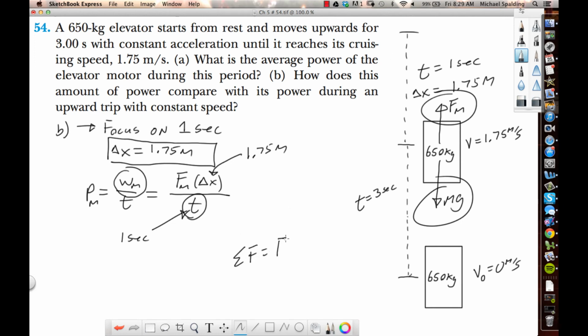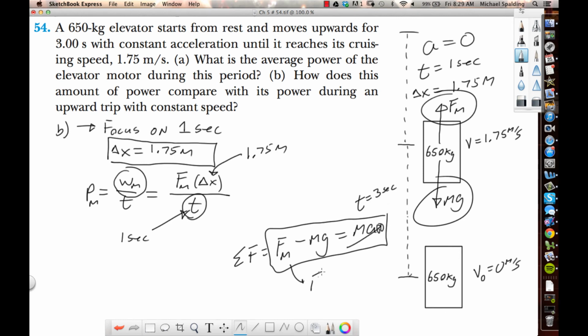If we have constant velocity, you could show the whole thing. Sum of the forces: force of motor minus mg. Sum of the forces always equals ma. But what's our a for this second part? 0. So what's the force of the motor equal to? It's equal to mg. So force of the motor, that's going to be mg times delta x over t. So we have everything now. The delta x is 1.75, the time is 1, so the power of the motor comes out as,